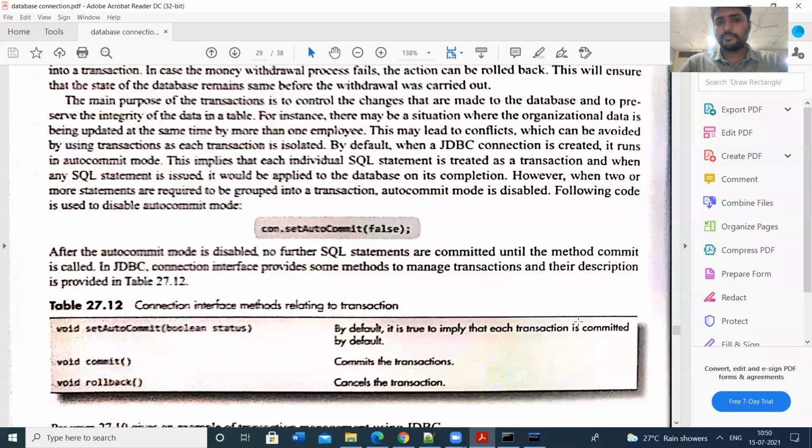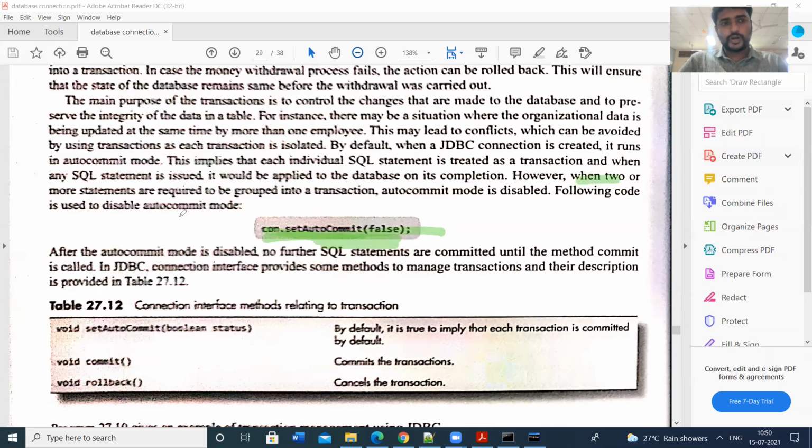If you don't do anything, auto commit is set to true. If you want to change that value, we can use set auto commit false.